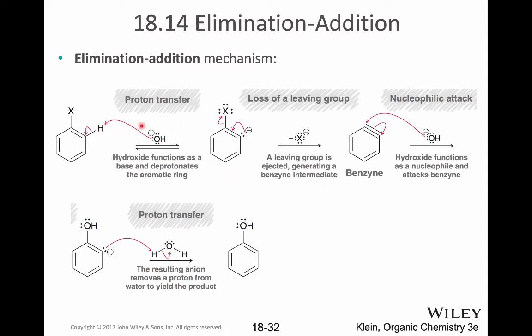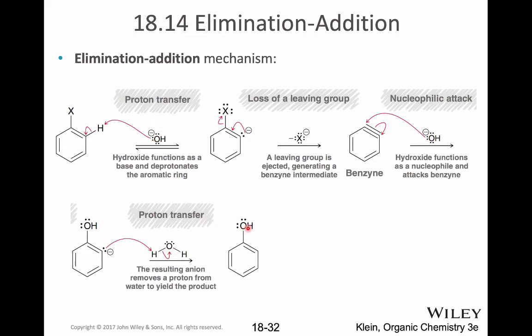So I do the proton transfer. That gives me my carbanion. I have my leaving group, which is helped by the carbanion kicking down to make benzyne. I have nucleophilic attack to make another carbanion, which then deprotonates whatever conjugate acid of your base to give you